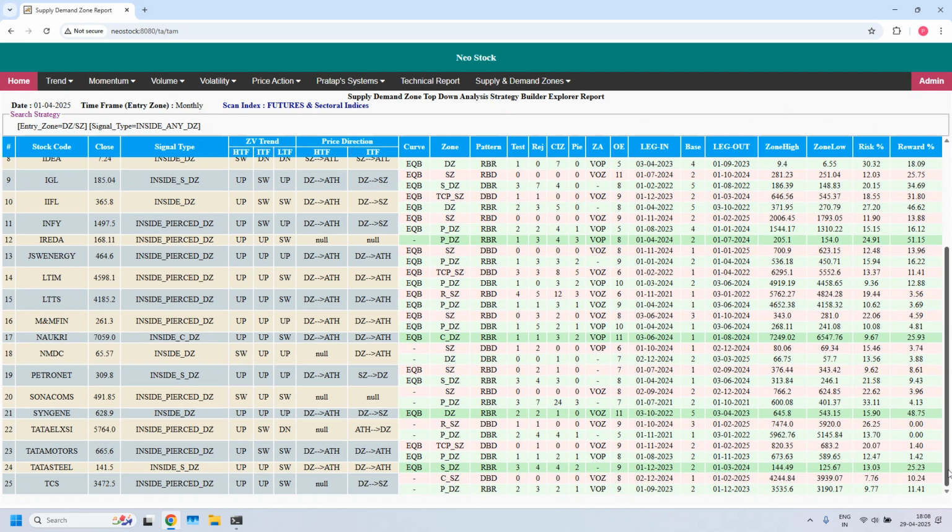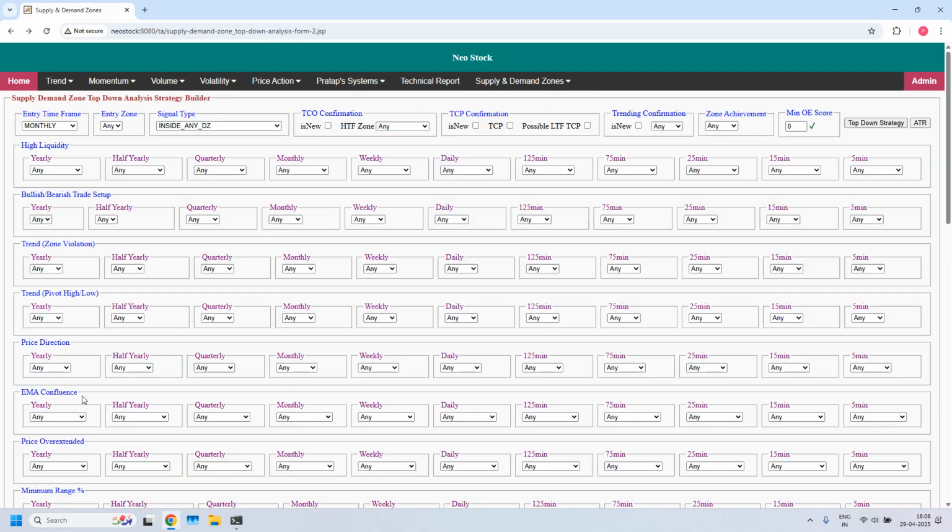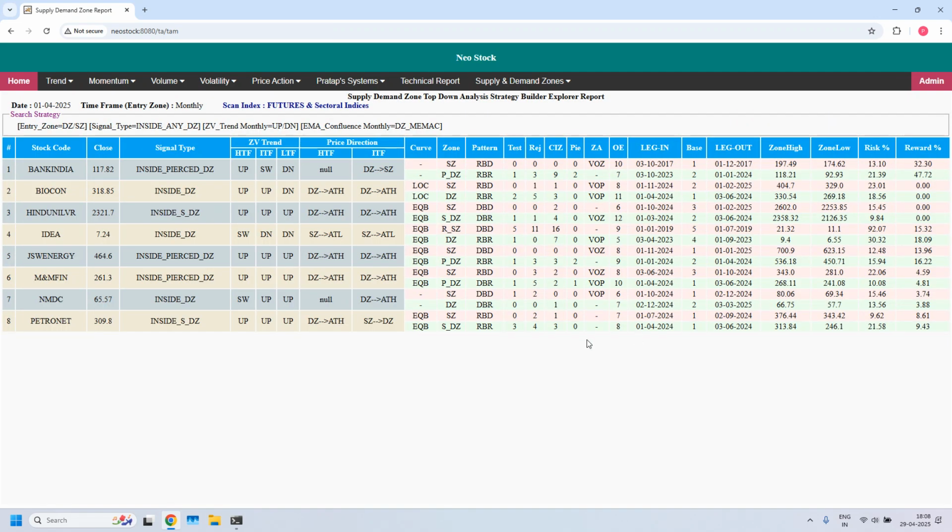We can further filter based on monthly demand zone having monthly EMA confluence. So now the list has come down to 8 stocks. All these 8 stocks price closed inside the monthly demand zone, and all these monthly demand zones are having monthly EMA confluence as given in the search strategy. Okay, next,